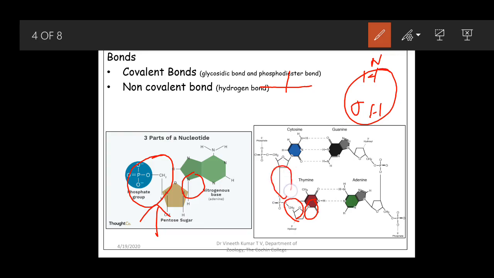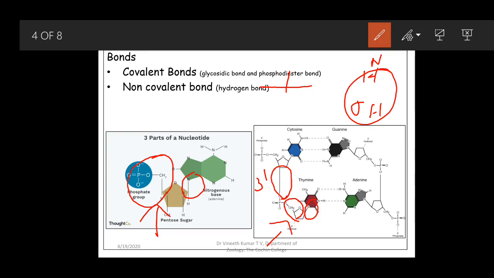The 3' hydroxyl group of this particular sugar is forming an ester bond with the phosphate group of one of this particular nucleotide. So thus a phosphodiester. The first ester is between the ribose sugar of one nucleotide